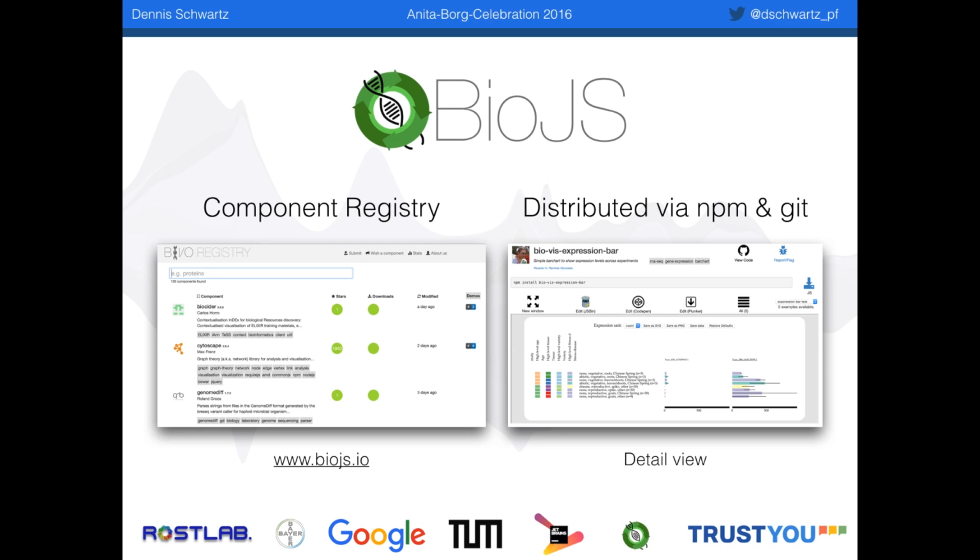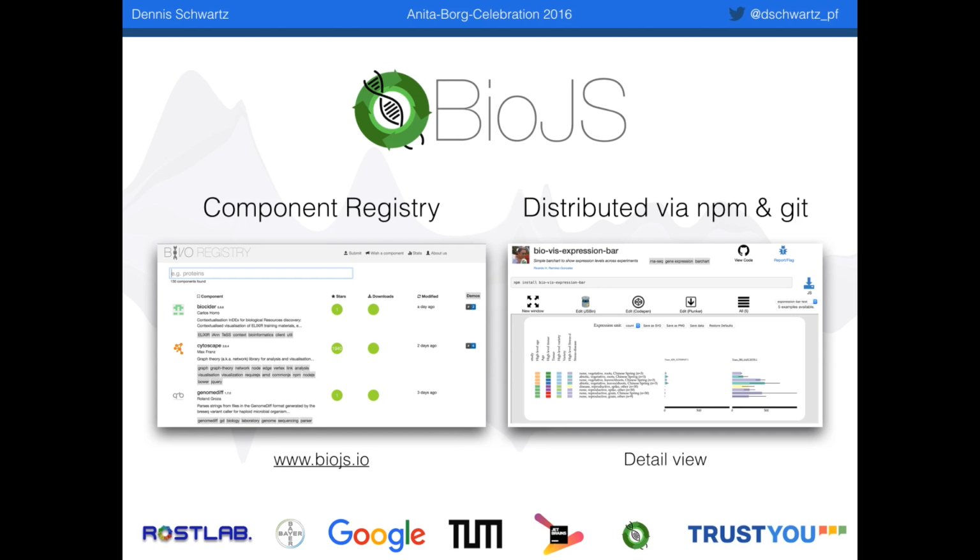It's around 130 at the moment, and you can search them as well. So for example, if you are working with a biologist for some reason, and he gives you a bunch of expression data of some plant, you can just type in expression, and then select an expression-based visualization from the JavaScript components, one you like. If you click it, you'll get to a detail view, and that allows you to view the code on GitHub, download a compiled JavaScript file you can just include in your web page, or use the Node package manager to install the component as well,